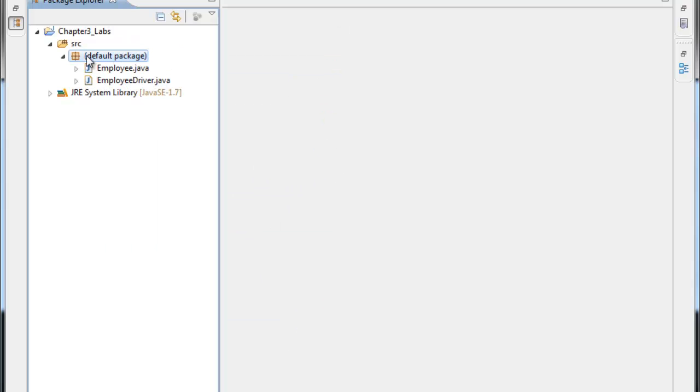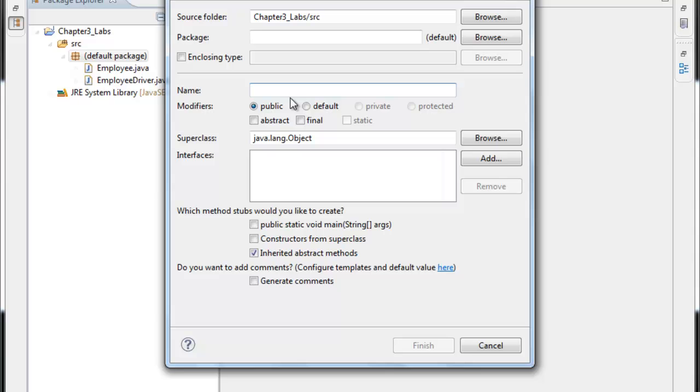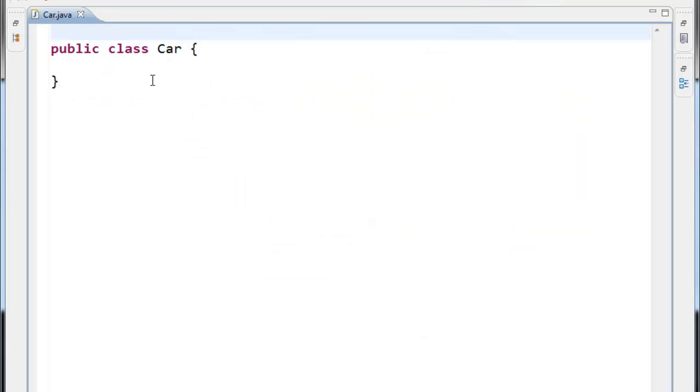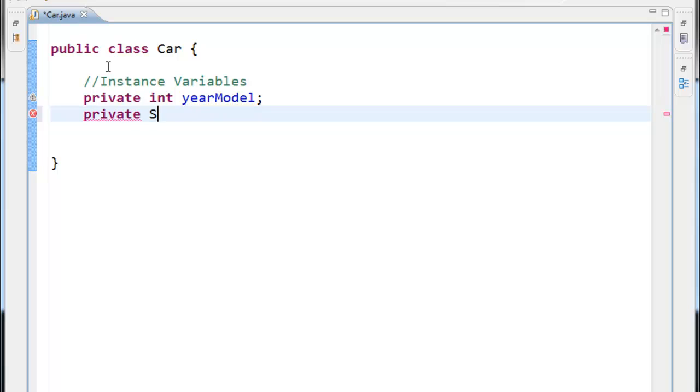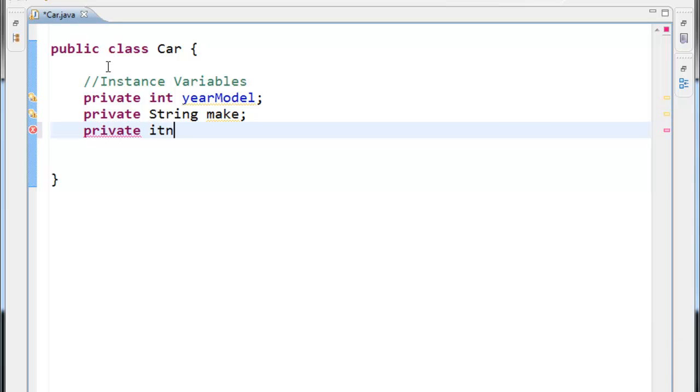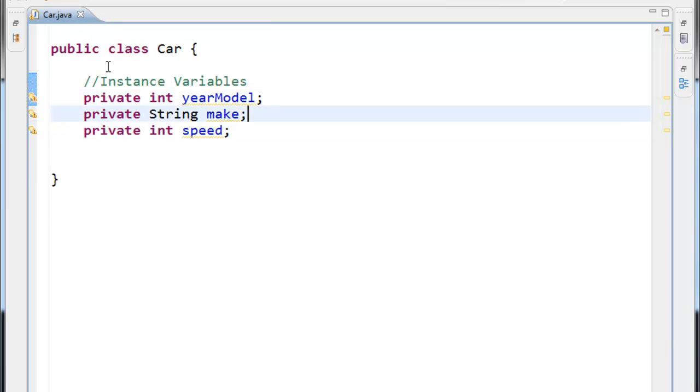So let me go ahead and in my default package create a new Java class. We're going to call it car, and create some instance variables for the car class. The instance variables are going to be a private int called year model, a private variable that is a string that holds a make, and a private int that holds a speed. So our car has 3 bits of information that we're storing about it,